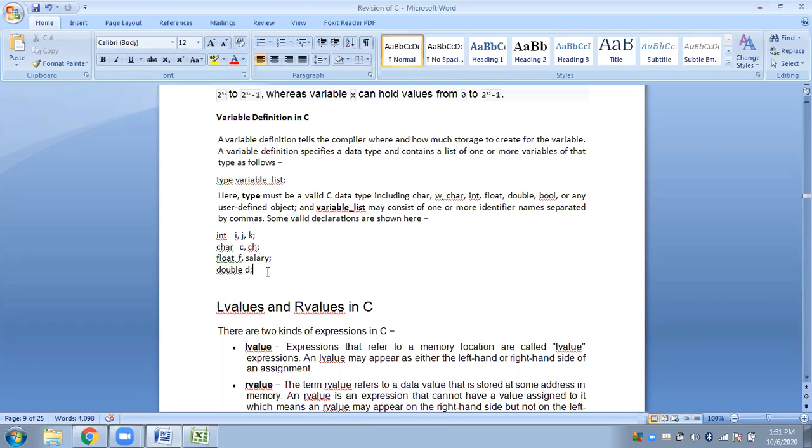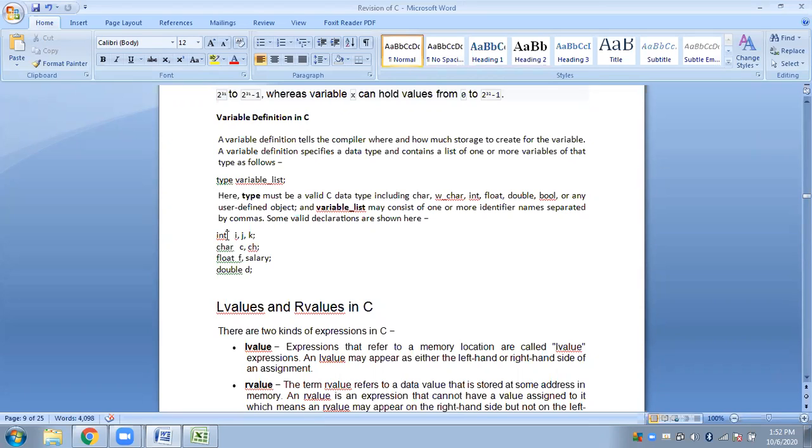So ultimately these are some names that we have given to the memory locations. The value that you will be storing will ultimately be stored in some memory location. Now you have to specify the size of the data. You have to tell the compiler that you want to store this type of data, so accordingly you will make use of the basic data types. We also saw one example in the previous class where I declared a variable a of integer type and stored the value 5. That is what variable declaration is all about.